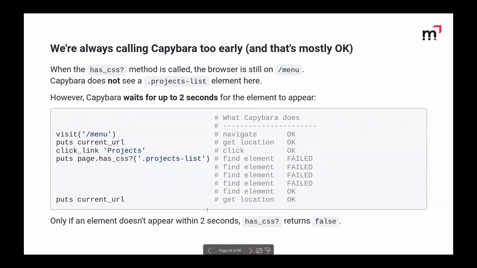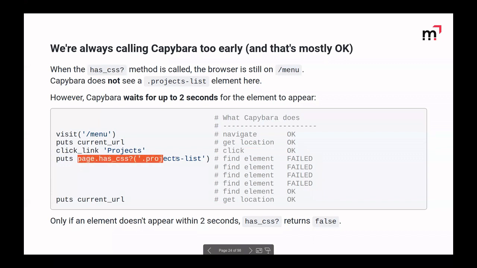So what I made here in this code example is, on the left is the same spec as before, and on the right is what Capybara does internally. So we visit the URL, and Capybara navigates to that URL and waits for the load event. Then we ask it for the URL, we get the right URL. Then we click on the JavaScript link, and that cannot fail.